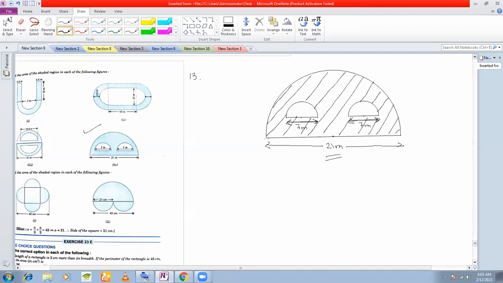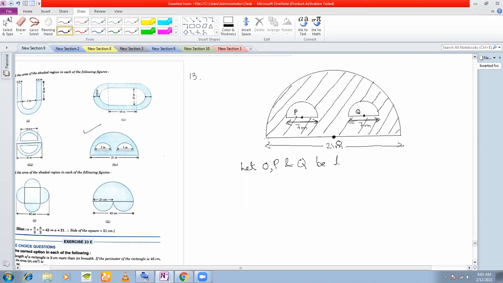First, we shall find out the area of the semicircle with diameter 21 centimeter. But first, before area, the radius. Before that, we take the centers. Suppose I take the center of this as O, I take the center of this semicircle as P, and I take the center of this semicircle as Q. So I start by saying let O, P, and Q